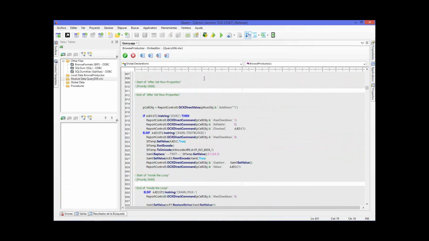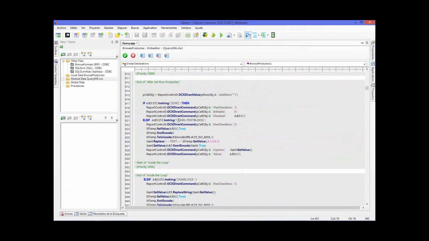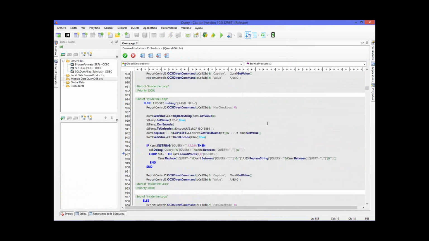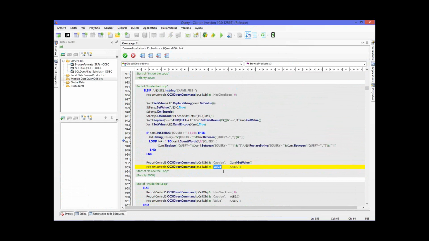Here. Just here. Okay, so I put the caption and the value here, and I put the XAML code, data string theory object. Now do you have the XAML